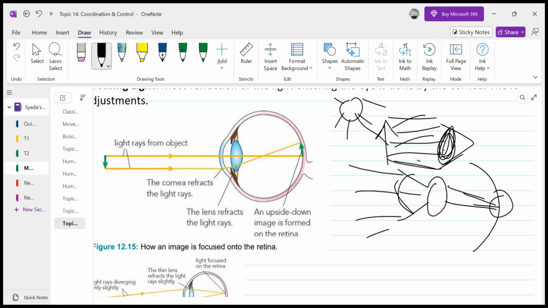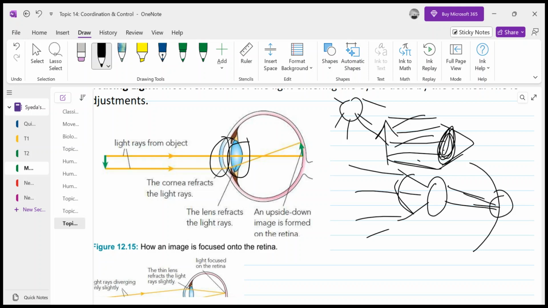And for focusing, for refraction of the light, we have two structures. Number one is the cornea, which is this structure. This is the cornea, right? And the second structure is this lens. Cornea does the main bending of light, main refraction, and the lens does the fine focusing. It clarifies the image at the fovea. Basically, at the fovea the image forms. Whatever object is in front of you, its image forms at the fovea, right?